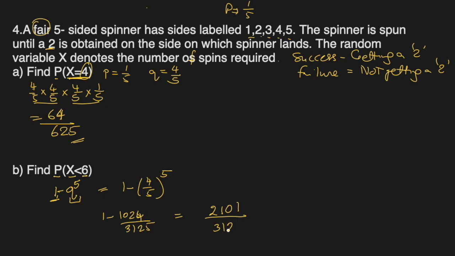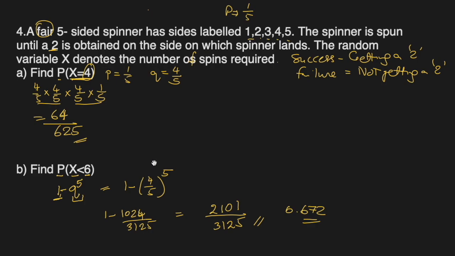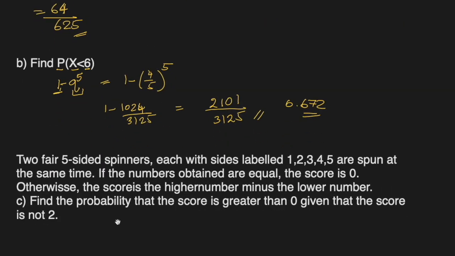2101 over 3125. This is the probability, and if you want to convert this to decimals, which will be divided by 3125, 0.6723, so 0.672 you can write as 3 significant figures. Going to this next part, which is